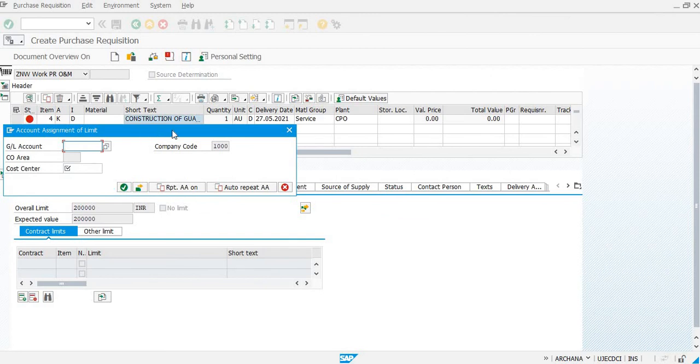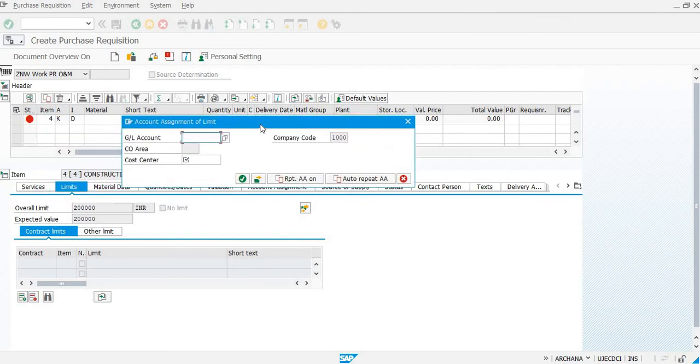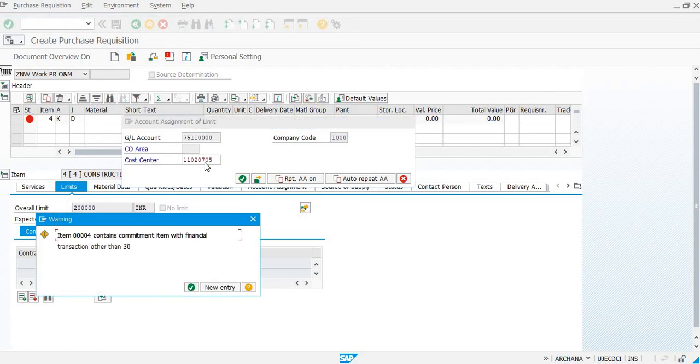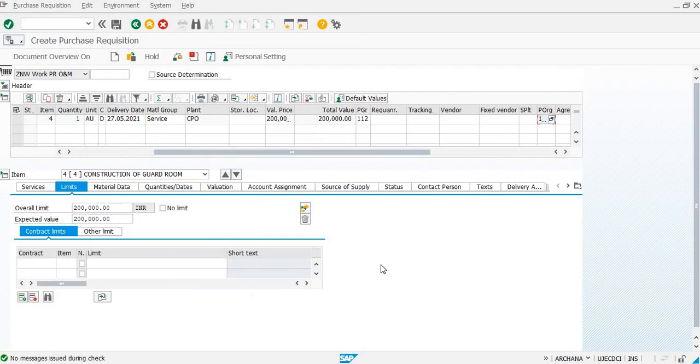Same as above, the system will ask for the GL account and the cost center. Now click enter. Now if we see, we have created another line item of service with limits. So in total, we have created 4 line items in this PR.